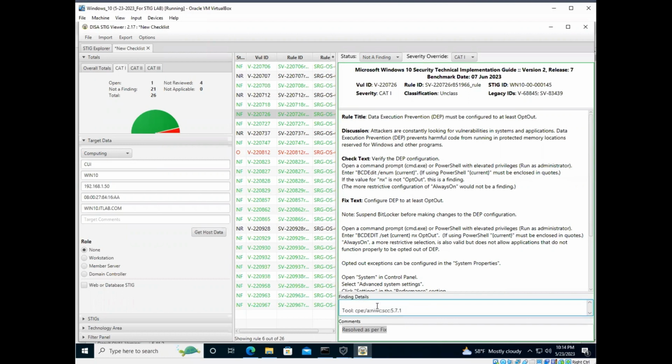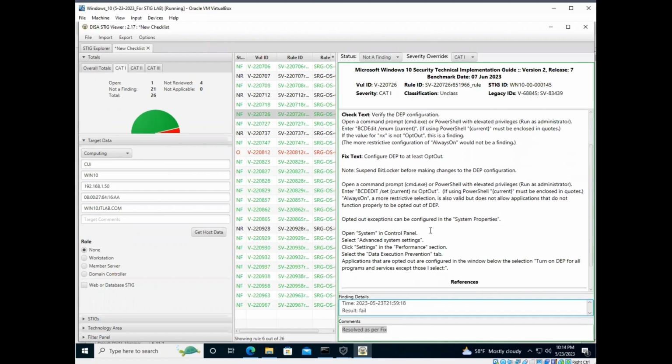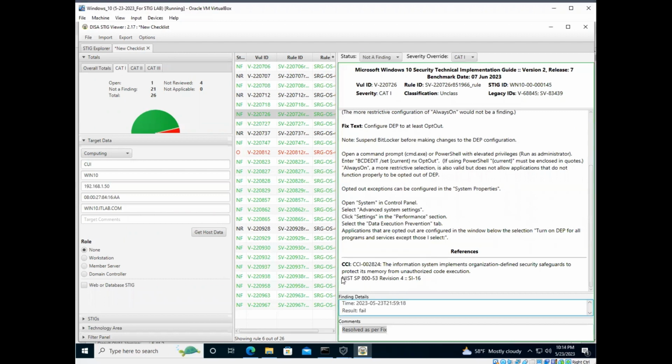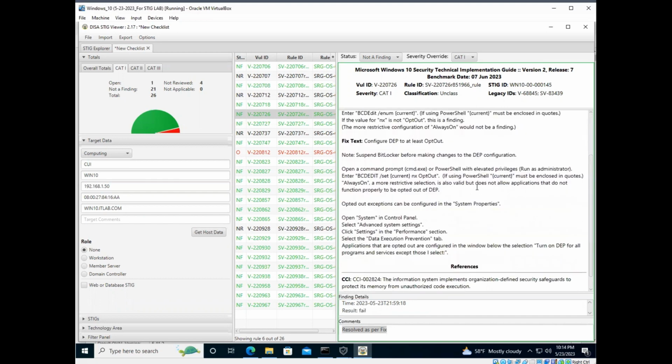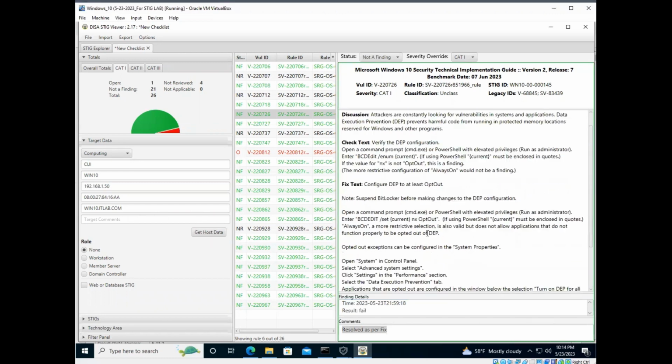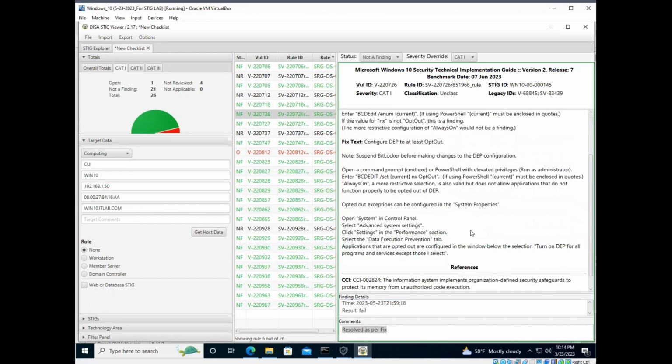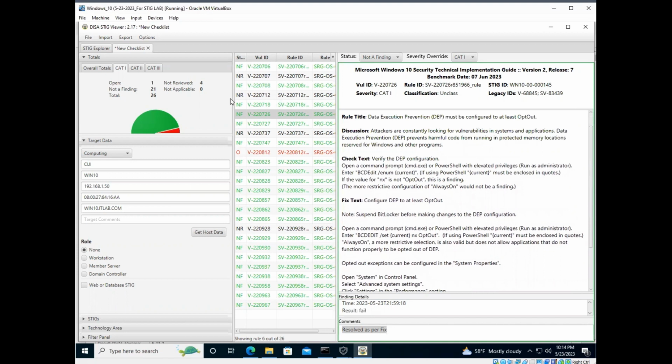Do note that if you scroll through here a little bit, you can see it's referenced NIST 800-53, which lists the controls that need to be implemented for the systems. And so here we may have a certain control that we aren't compliant with, and by remediating this, we have essentially ensured that we are in compliance with those controls as well as with the STIG,